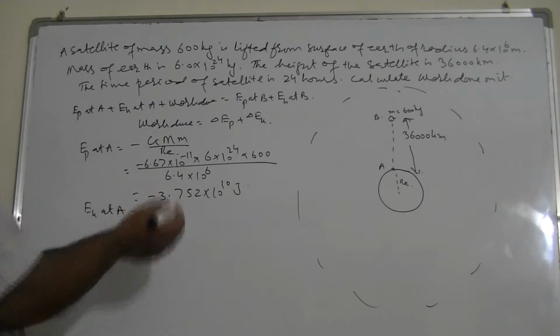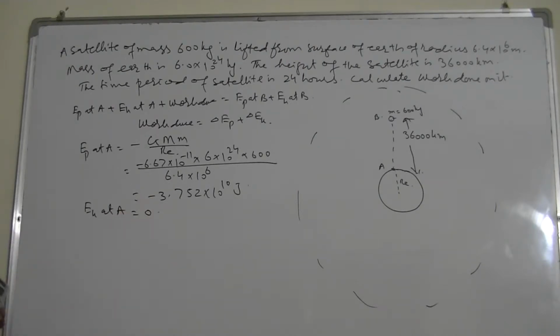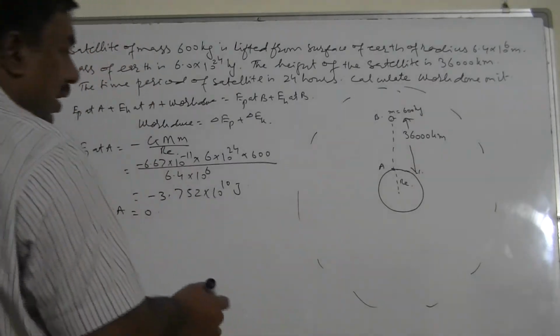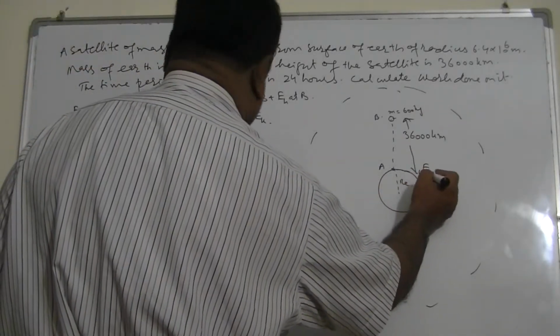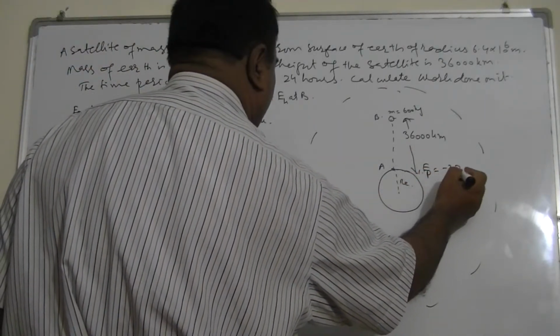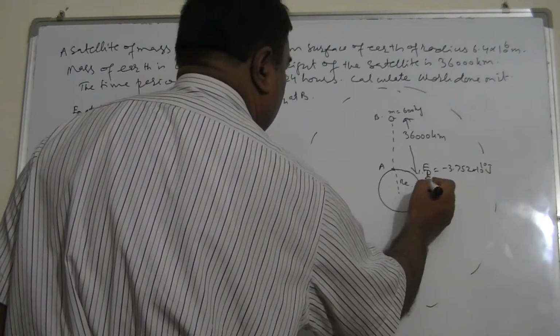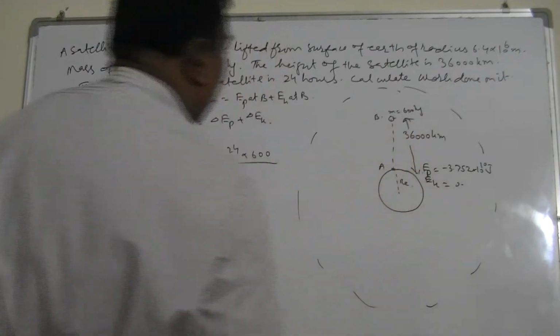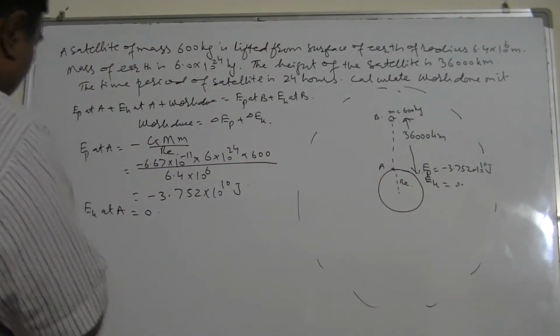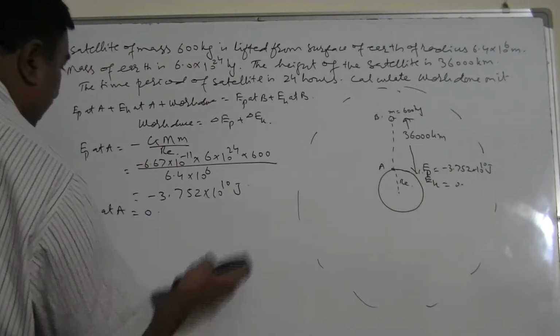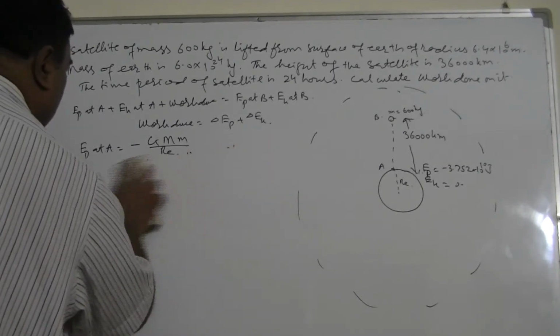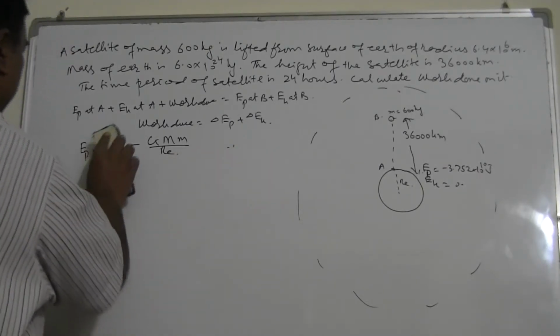EK at A is 0. Of course, the satellite is at rest at that point. Now I'll be finding the EP at B. I have just found EP at A is minus 3.752 into 10 power 10 joules, EK is 0. I'll just find the EP at B. Now EP at B will be,